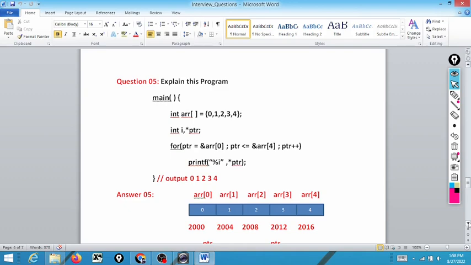Now this is a very important question. Explain the following. main() { int arr[] = {0, 1, 2, 3, 4}; int i; int *ptr; for (ptr = &arr[0]; ptr <= &arr[4]; ptr++) printf("%d", *ptr); }